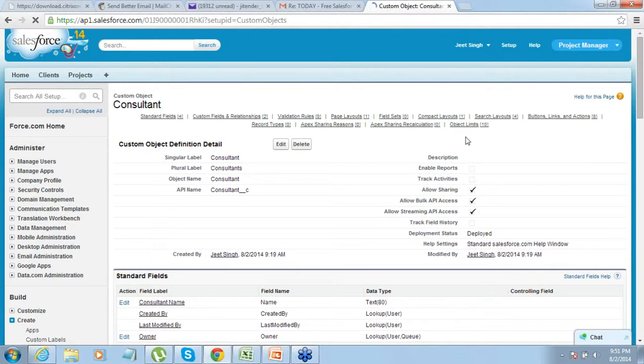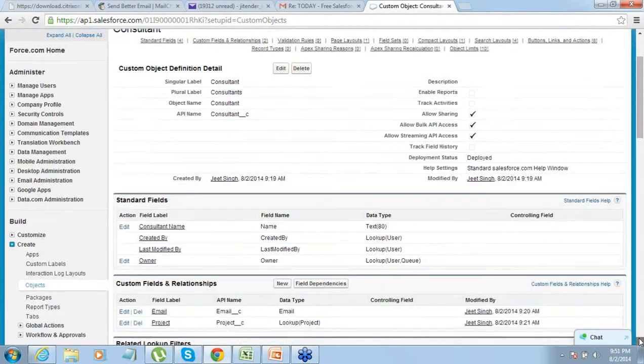So I've created the third object, and I have related it to the project. The only thing I need now is for this consultant object to also be accessed through a tab. So you just have to go and create a tab there. That is how simple it is.